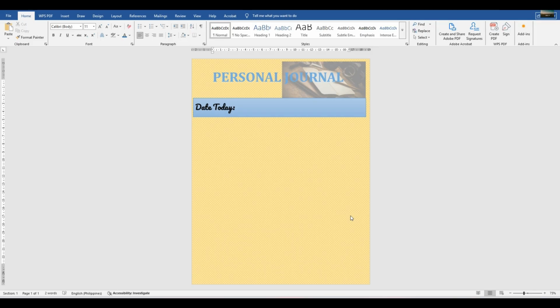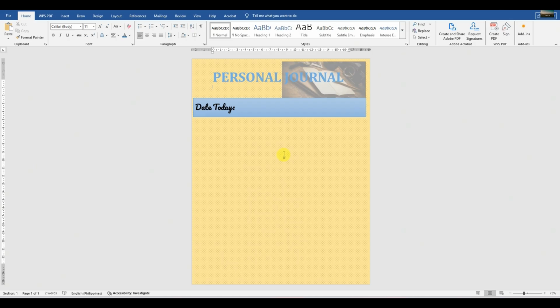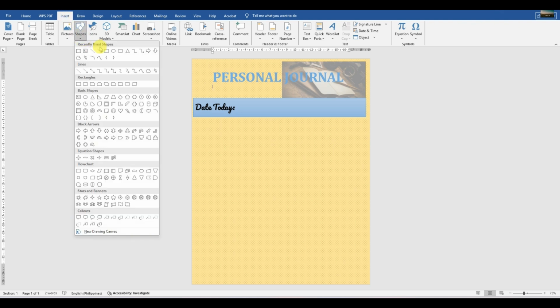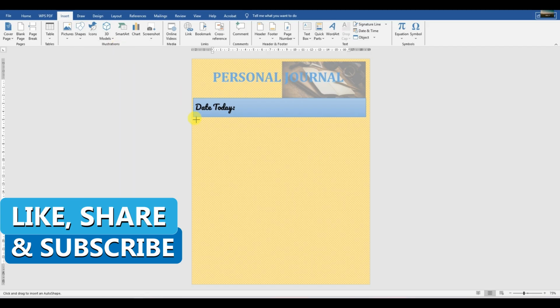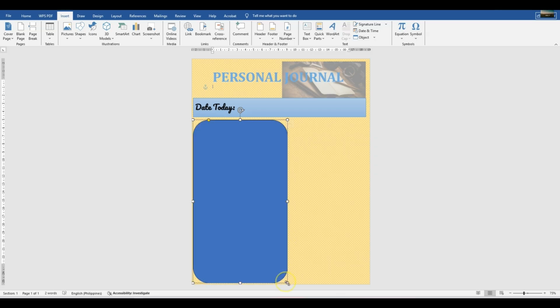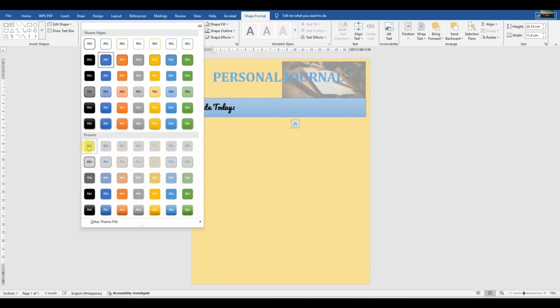So the next part that we are going to do is how I added this notes area. So let's go back. What I did earlier, I clicked on insert and I also used shapes. For that one, I used this one. And then I created here a shape. And then I adjust it into,